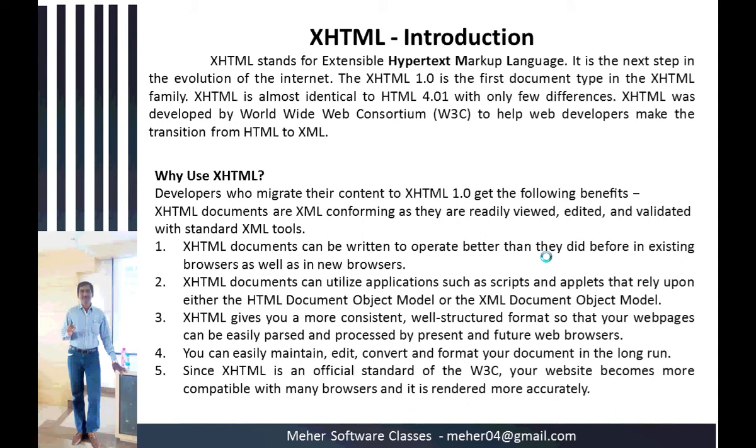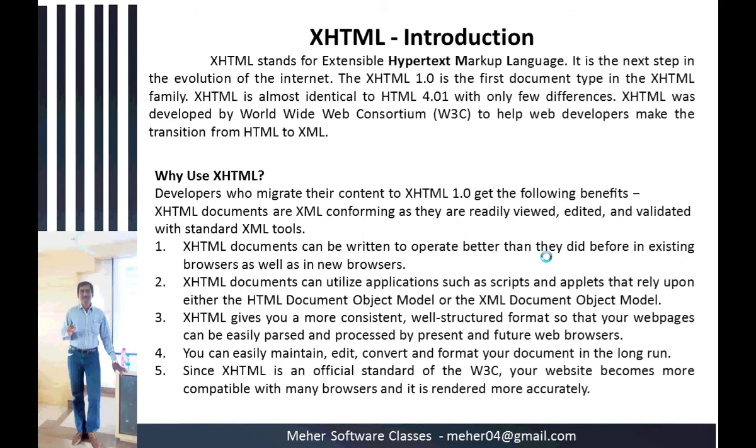Why are we using XHTML? Developers who migrate their content to XHTML 1.0 get the following benefits. XHTML documents can be written to operate better than they did before in existing browsers as well as in the new browsers. XHTML documents can utilize applications such as scripts and applets that rely upon either XHTML documents or HTML documents. There can be an object model, and the XML document specifications give a more consistent and well structured format